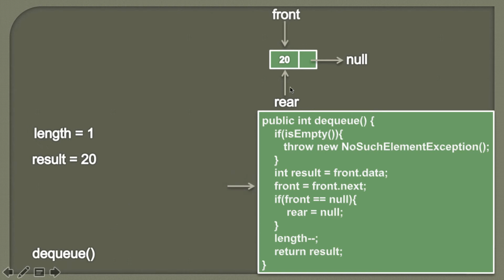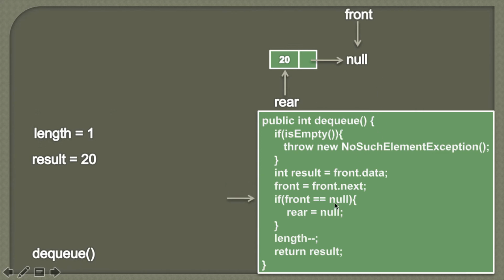Now friends, we need to take special care when we remove the last element from a queue, because if the queue contains only one element and we want to remove that particular element, then we need to break two links. One is of front and the other is of rear. Because if any of the links is referring to this node, then this node will not be removed. So therefore here we are simply assigning the value of front.next to front. So it would look something like this. So now front is assigned its next value, which is null. Moving ahead.